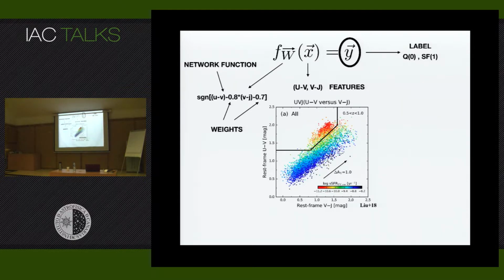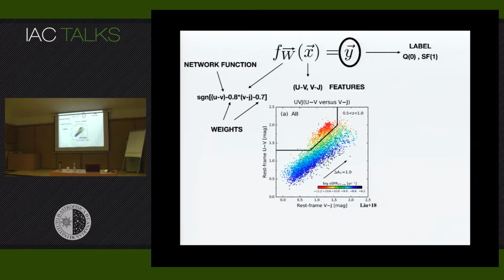In that particular case, this function is done manually, just by inspecting this training set. The training set is something for which I actually measured, with a spectrum or with another higher-level or better measurement, the specific star formation rate for a subset of galaxies.